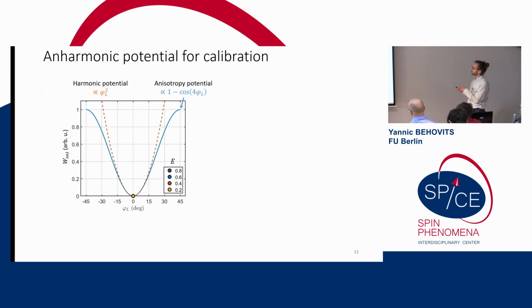So if you look at the anisotropy potential for the Néel vector angle in the plane, what we've done so far is we have assumed it's a linear system, and that means we have a harmonic potential. So an oscillation will just follow this parabola here. In truth, however, the anisotropy potential of this system is actually of cosine-like dependence, so it will drop off here, and actually if I would plot this further, it would go down again to give you 0 and 90-degree minima